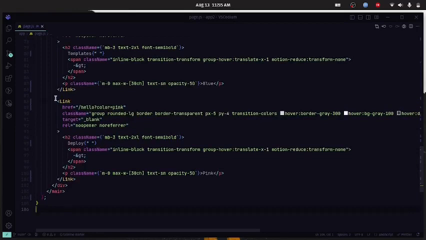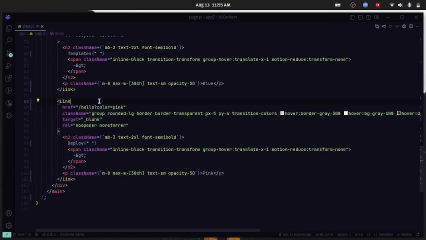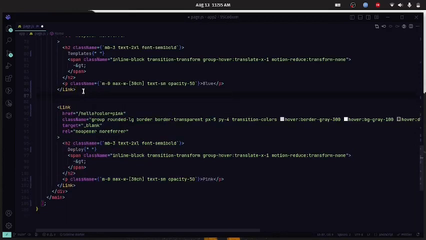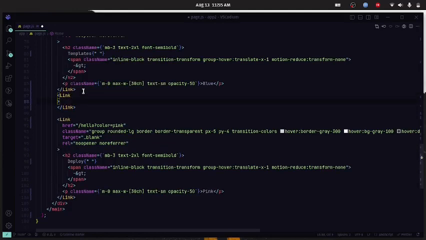So I'll show you one example where I create a new link. At first, just create an opening and closing tag of Link with a capital L. Now inside the Link tag, create an href equal to slash the page you want to navigate to. So I'm creating a page called hello, followed by a question mark, which will accept a parameter,